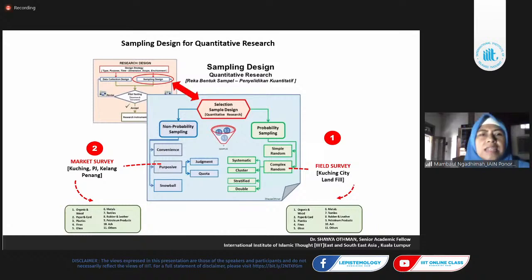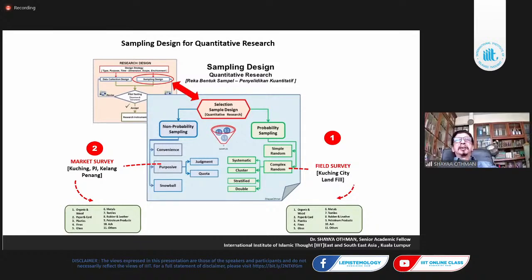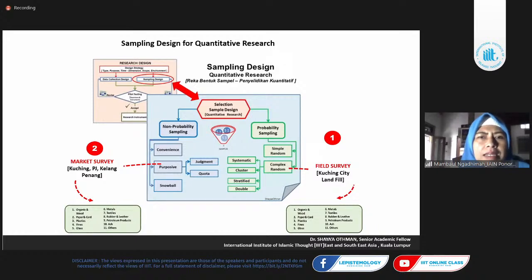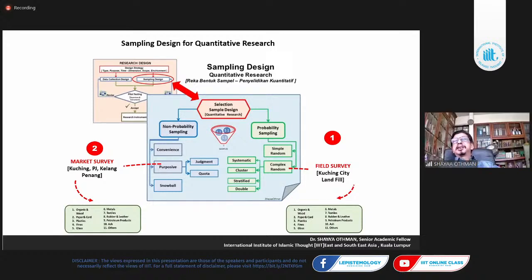How about pilot testing, sir? Okay. Pilot testing. We will come to it later, but anyway, in purposive sampling, in qualitative, we need pilot testing too. Yes, because you want to make sure that your design, your question design, the pattern you're going to use, and then your technique of analysis and technique of data collection are right. You can use pilot testing even in quantitative.